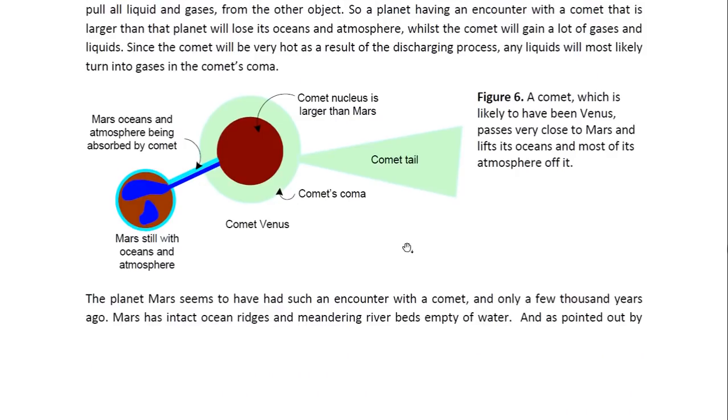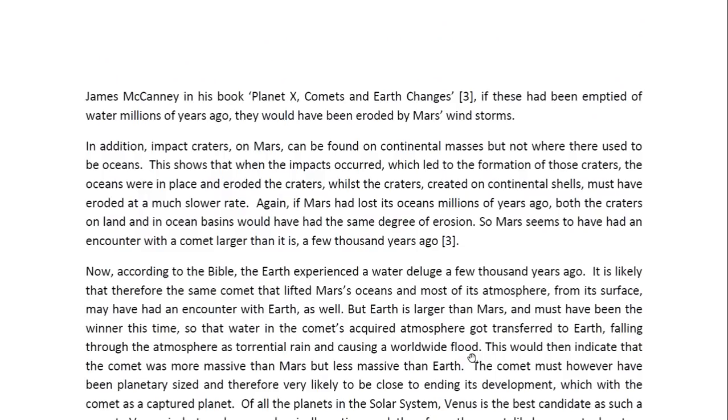these features, the ocean ridges and the riverbeds, haven't eroded away. So this couldn't have happened such a long time ago, because if it had happened millions of years ago, then, because Mars has these huge windstorms, they would have eroded away a long time ago. So these were still there not so long ago, for them to still be so clearly discernible on a Mars